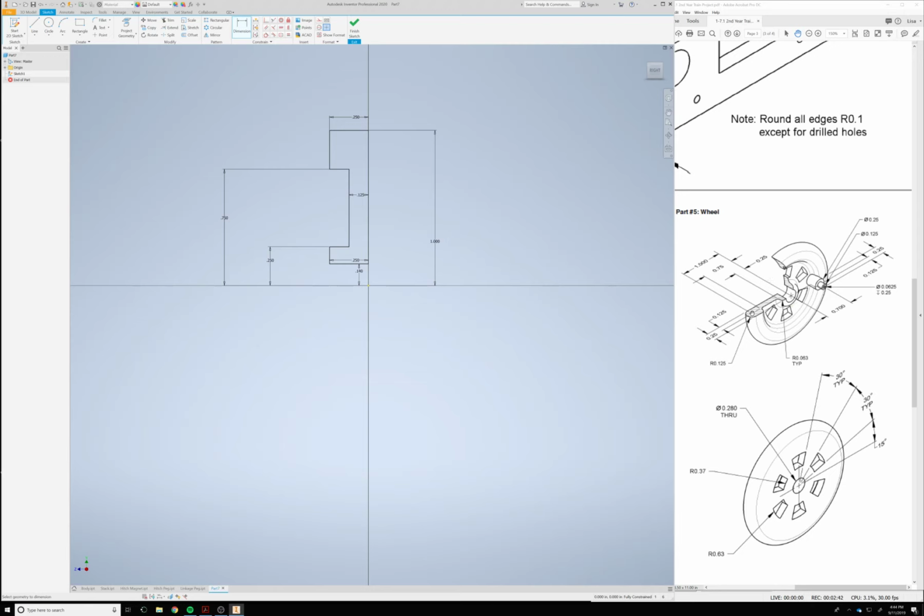But what we do need to add are fillets. All of these are rounded corners. Okay, it's a wheel, so it's round. So we're going to hit our fillet button up here, and we're going to knock on all of this, and it's going to give us an error, and it's going to bother me. Okay,